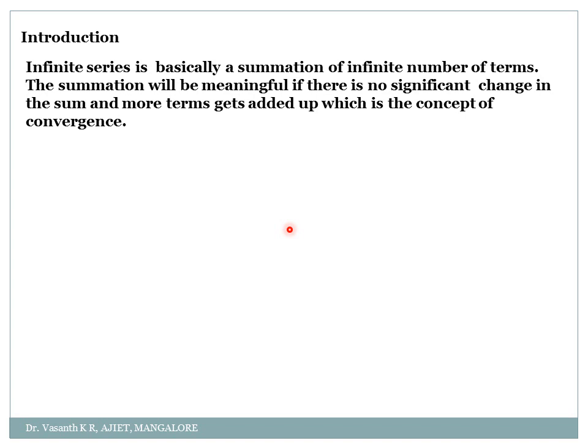Okay, sequence means we just write the numbers 1 comma 2 comma 3 comma 4 comma 5 and so on up to infinity, a sequence of numbers, correct? So if you add that, that is a sum of numbers. Okay, so the summation of these infinite terms is known as an infinite series. Summation means that if there is no significant change in the sum as more terms get added up, which is the concept of convergence, that is, if you go on adding, it will converge to a single value, that is the summation. Okay, don't worry, once I start with the problems you'll understand.